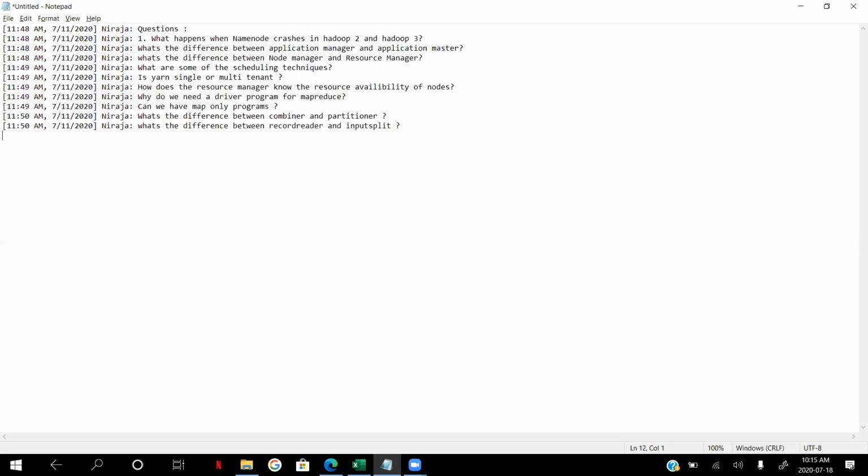What is the difference between a combiner and a partitioner? Combiner is a local reducer. The reason why people set up combiners is because you do not want so much data in your network, which is going to be broadcasted and pushed for shuffle and sort. You want to do the reducer part at the node itself, so that you just send a trickle of the data outside, and then you can process it.